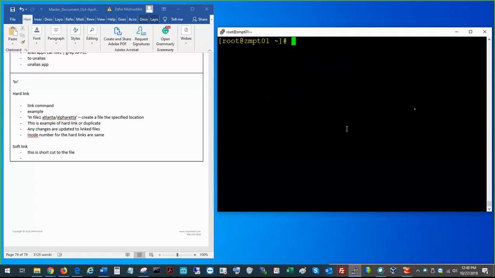So now what I'm going to do is, let's copy file 1 to file 2. Okay, so we have 2 files here. Now I'm going to show you the soft link. So let's create a soft link. The command to create a soft link is ln -s. Okay, it's also called a symbolic link, also known as